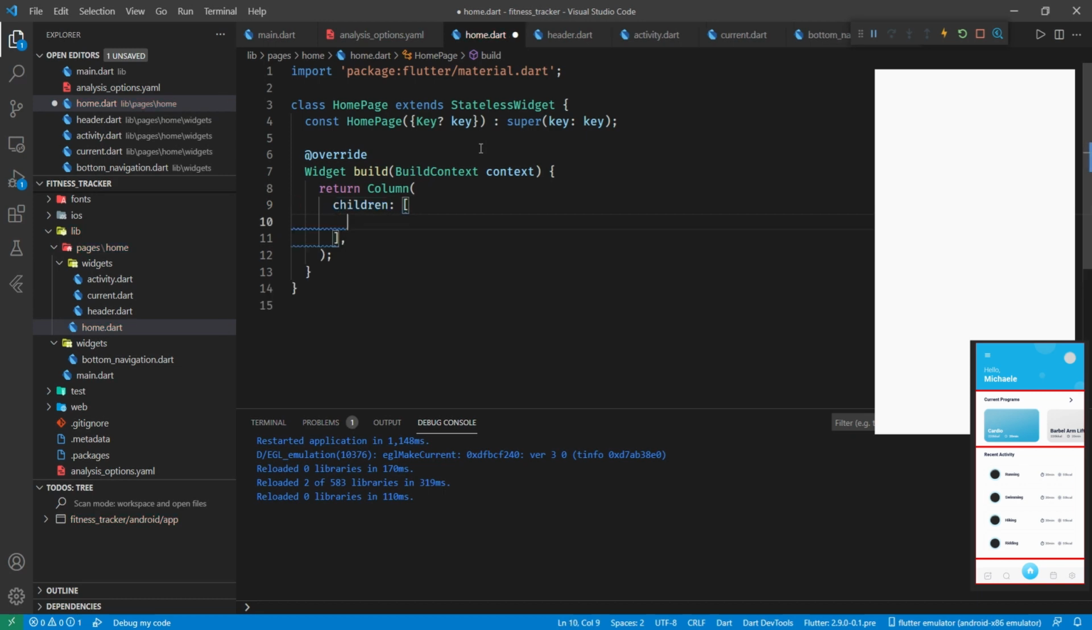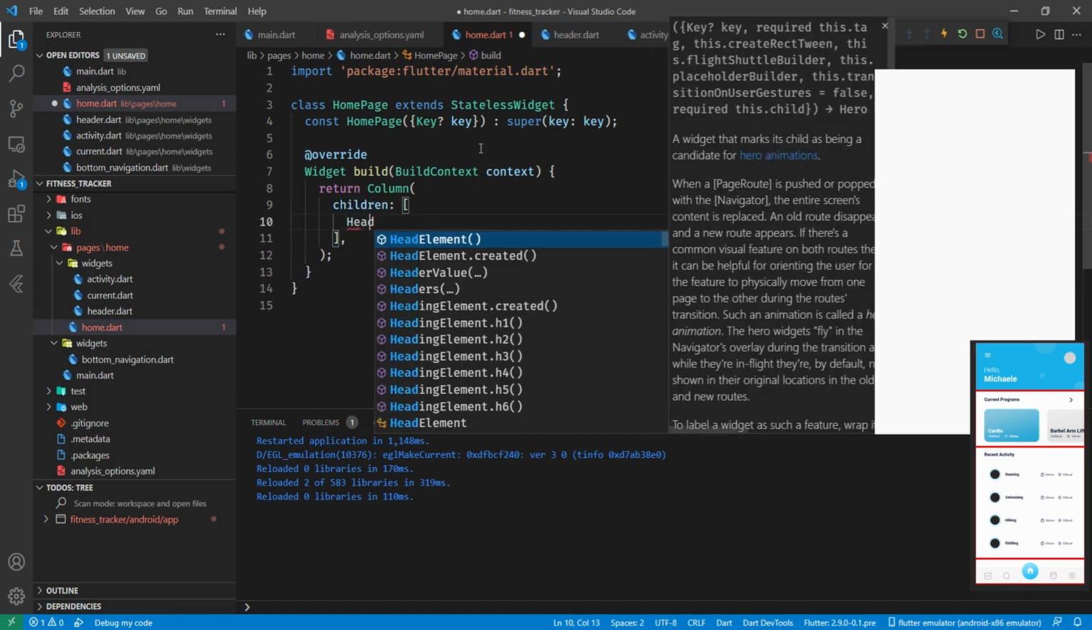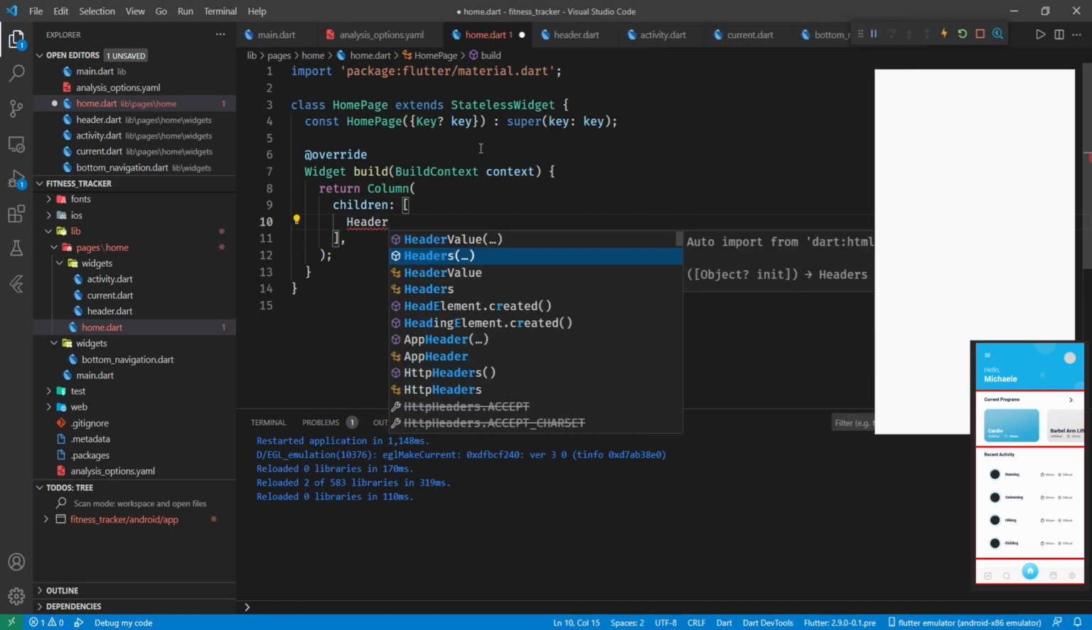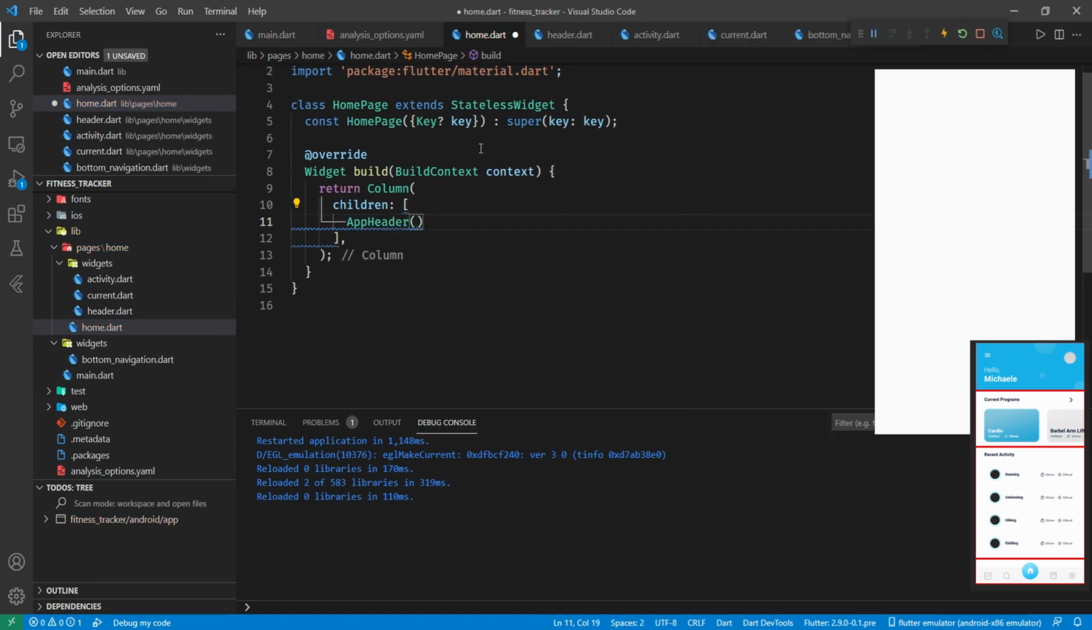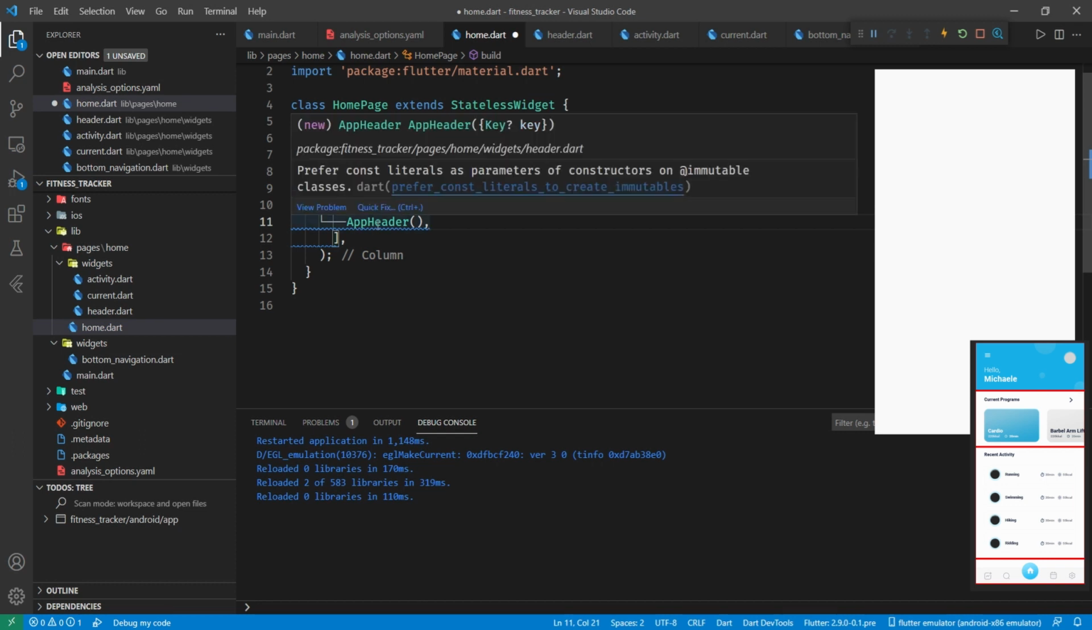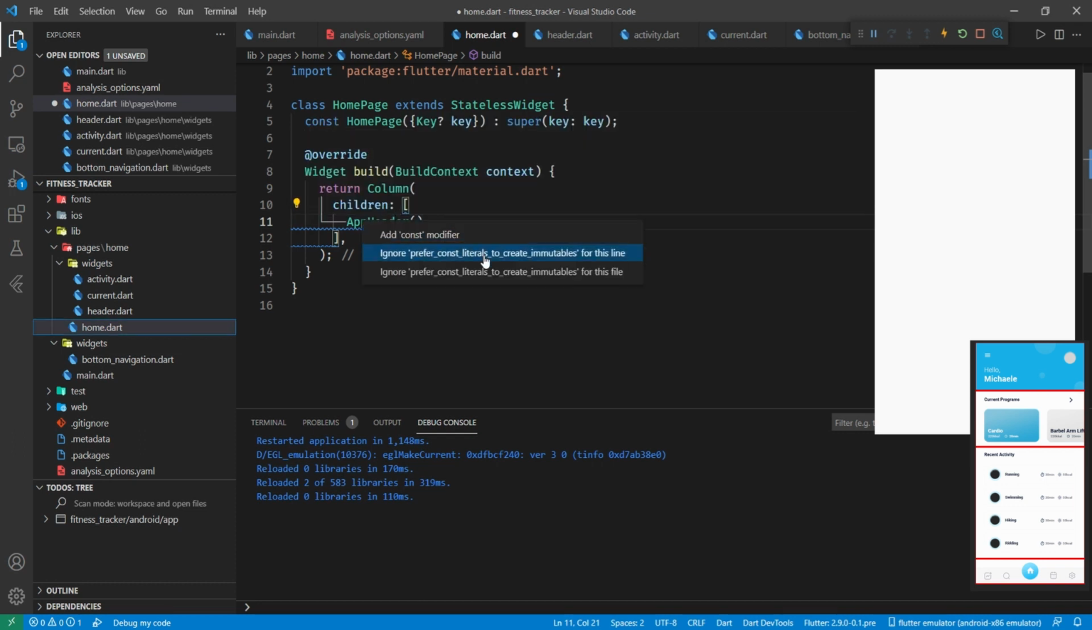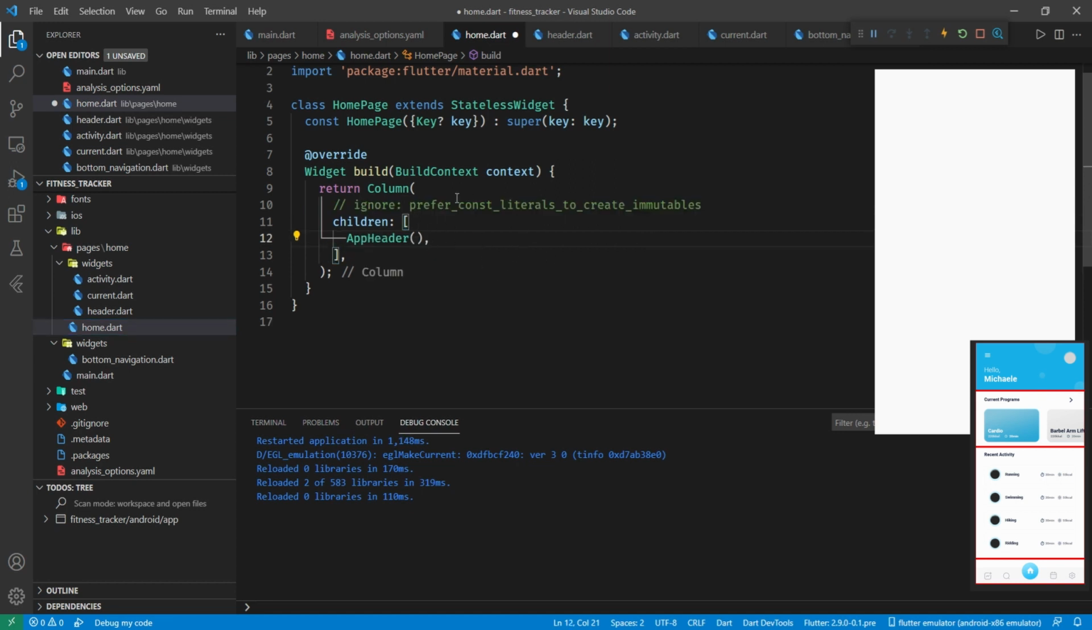Column takes children, and the first child is going to be the header, app header. Okay, now we've got another of these blue things here, and this is telling us that there's another type of const that it wants to do. Prefer constant literals to create immutables. What does that mean? Well, basically here,